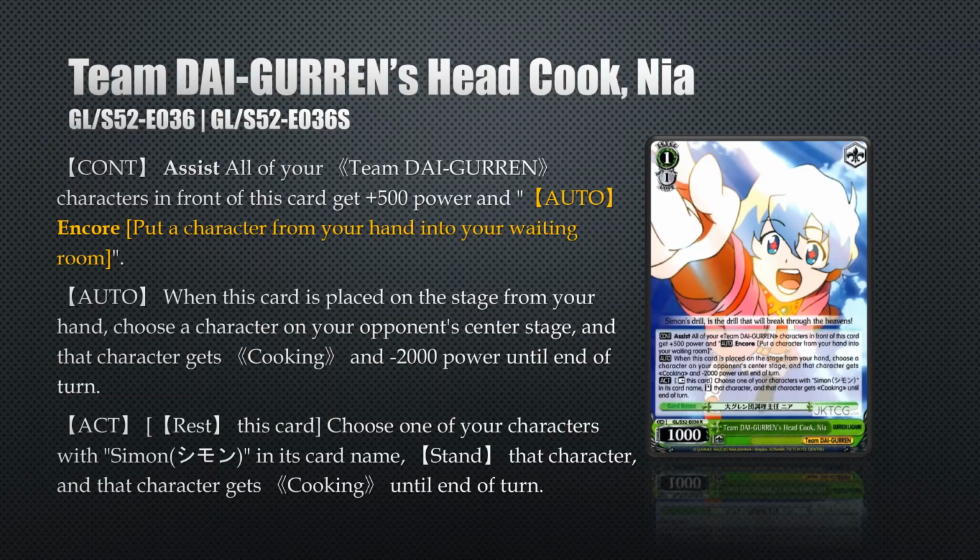I know a lot of people have been playing this in their lists and really liking it. It's an assist. All of your Team GURREN characters in front of this card get plus 500 power and character encore. On play, you give a character on your opponent's center stage cooking and minus 2000 power. So it's kind of inadvertently helping with your reverse combos and stuff. And act, you can rest it to choose a Simon and stand it, and it gets cooking until end of